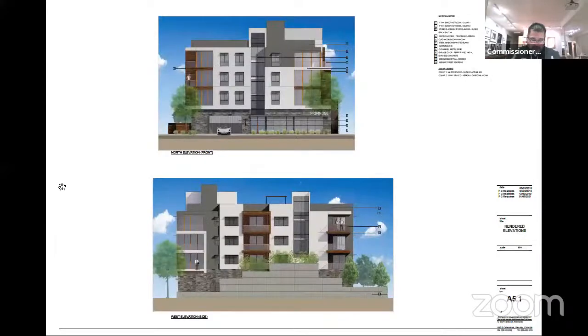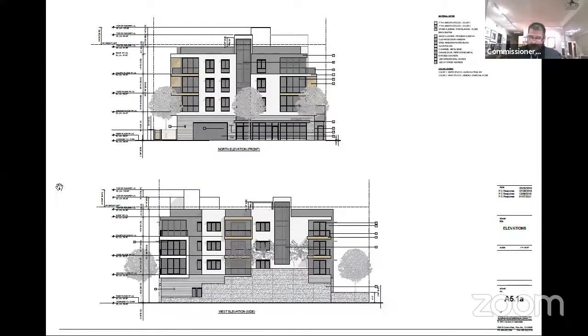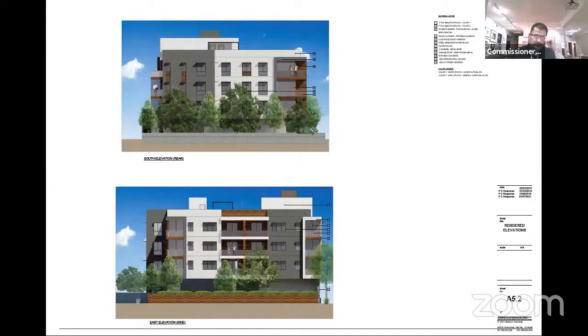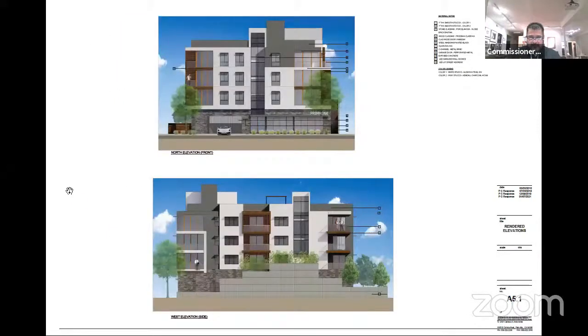Reason being, walking along Park as you're coming to the building from Howard Avenue, let's say you're in the downtown, particularly in the evenings, you get a glow from the lobby out of some corner windows there. It might help present the lobby area to pedestrians along the street instead of just looking out toward, are we on? I keep saying Park. I should be saying Primrose, shouldn't I? Sorry. It's looking out to the street. If there were some corner windows, if not corner, at least a window towards the corner, a little bit closer out towards the street, it might help with the inviting feel of that lobby.